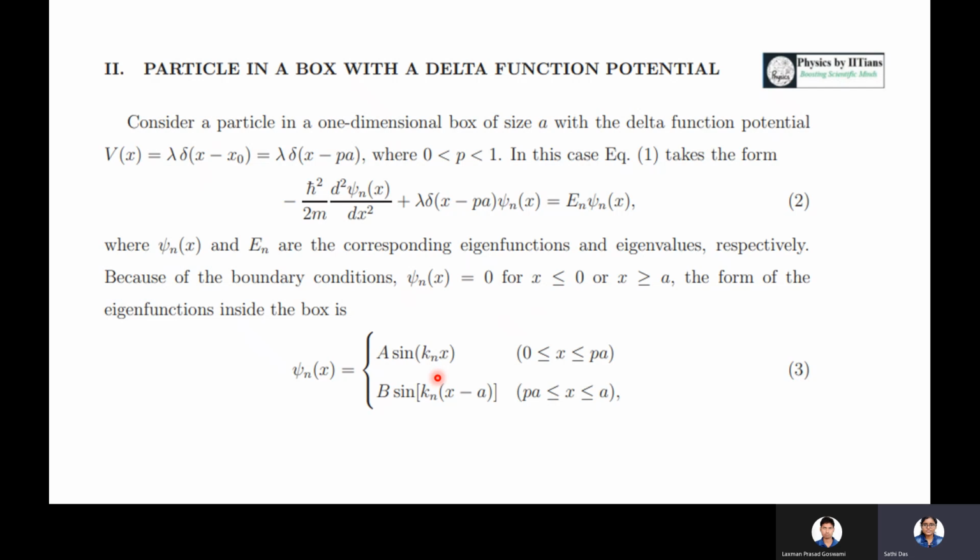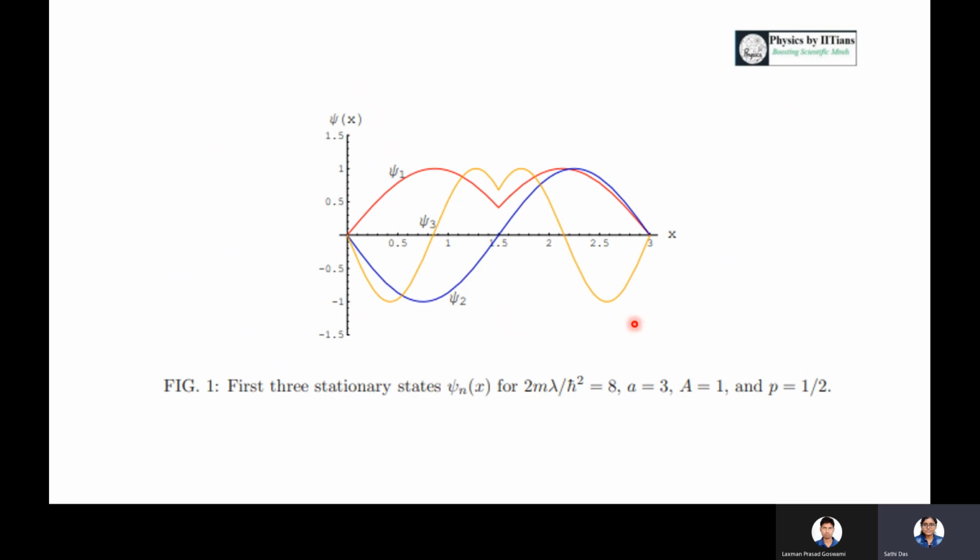But inside the box, where there is no infinite potential, the solution of psi will be oscillatory. But if there is also an infinite potential like a delta function inside, we have to consider that there will be a discontinuity in the wave function. Usually whenever there is a potential well, we take psi 1 as this one, which must be continuous, and psi 2 as this, and psi 3 as this one. So there will be no discontinuity. But here, for this delta function potential, there is a discontinuity in the wave function.